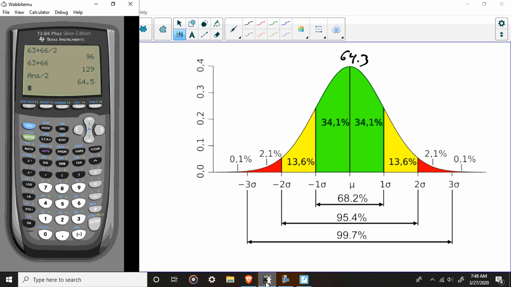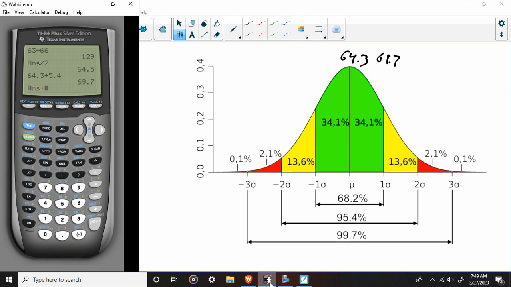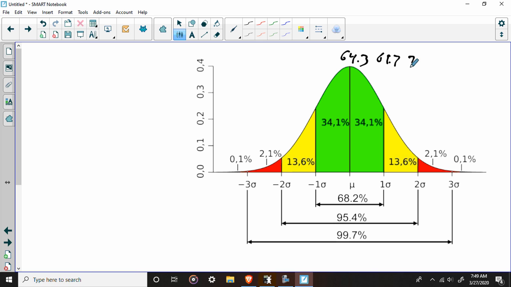So 64.3 plus 5.4 is going to be 69.7. Plus another 5.4, 75.1. And again, another 5.4